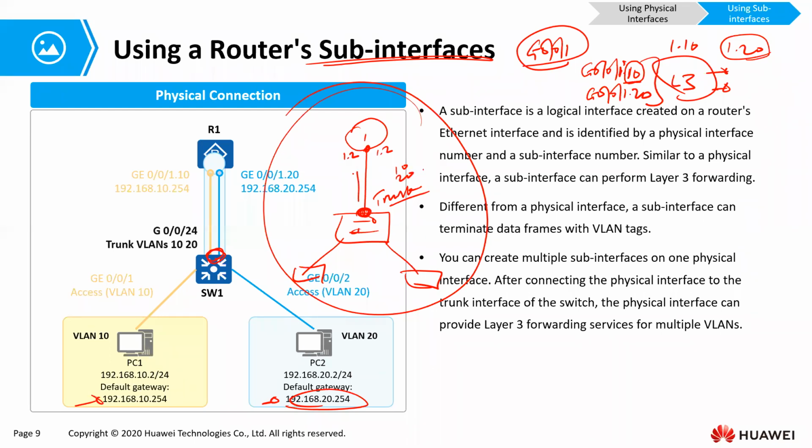Now, when this VLAN 10 traffic reaches this interface, it will be received happily by the sub-interface in VLAN 10. Okay? Now, what we call the dot1q encapsulation is instructing this router to remove the tag of 10, okay? And send the packet to the next sub-interface. And that next sub-interface will add a tag of 20. And then the frame comes out as a tagged frame with 20, passes through the trunk port with its tag, comes here, gets untagged, and proceeds to the destination.